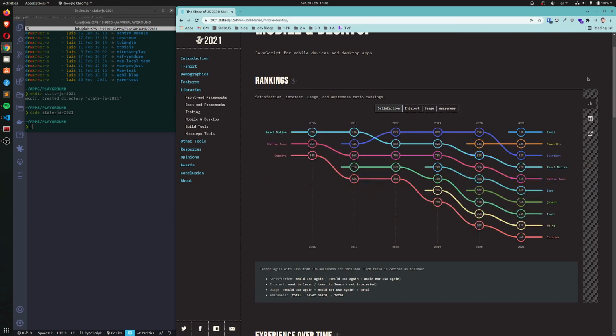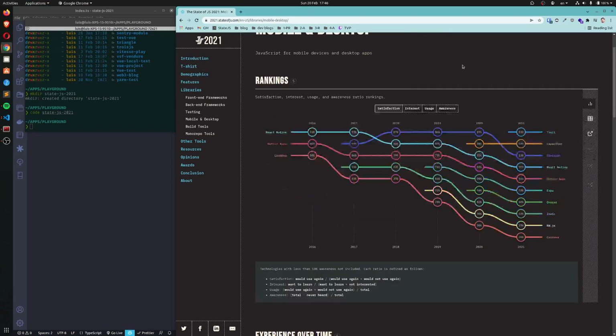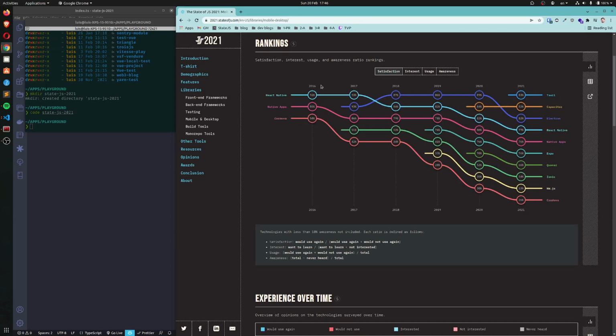Then let's look at the mobile and desktop, which is probably the worst in terms of how happy people are. If we look at here, neutral mostly. Yeah, people are not so happy with this. So here we had React Native apps, Cordova in their good old times, or well, bad, awful old times rather. And then now we have some new stuff, Tauri, probably most remarkably,